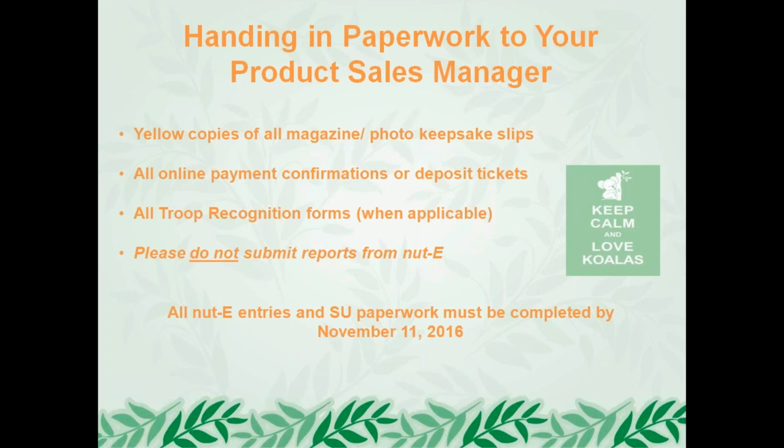We do not need any reports from Nutty. We can see absolutely everything in Nutty that you could ever possibly want to see. So let's try to save some trees and not print those out, because we can just see everything that we need right online. And if we feel the need to print something, we will. But it's really just those three categories of things: the magazine slips, the payment confirmations, and the troop recognition forms